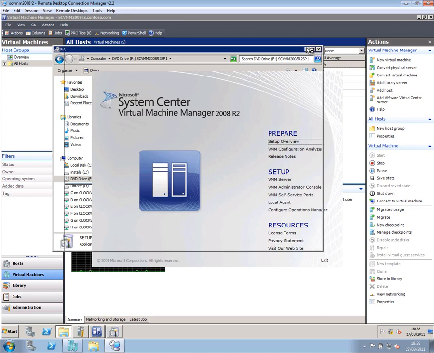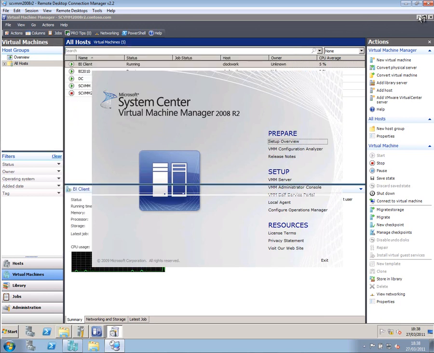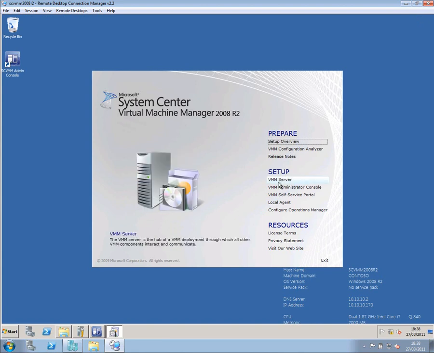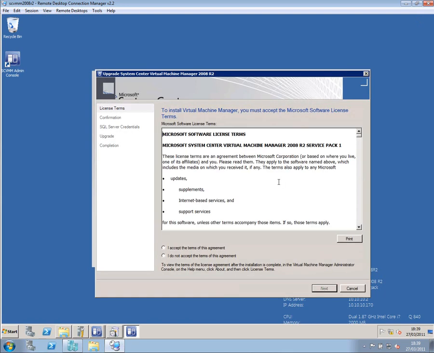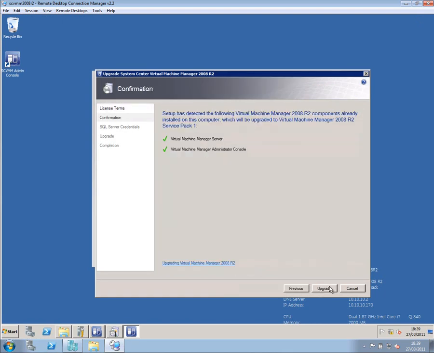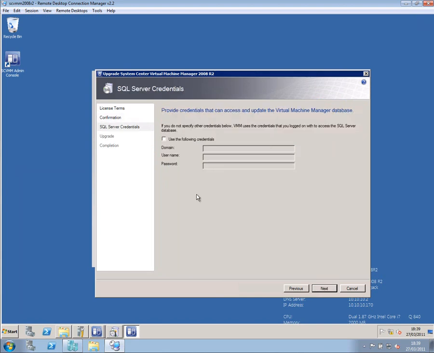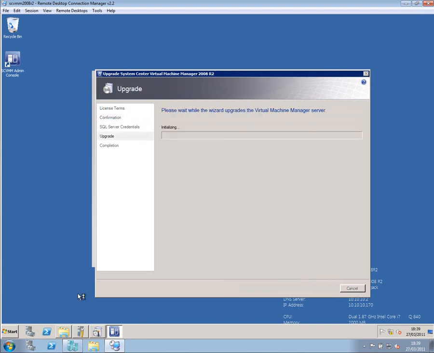I get the familiar installation wizard. The first thing I need to do is update my server. So let's get started with that. Accept the license agreement, hit next, and it can see that I've already got System Center Virtual Machine Manager on here, so I just click the upgrade button to get started. I'll use the existing credentials,